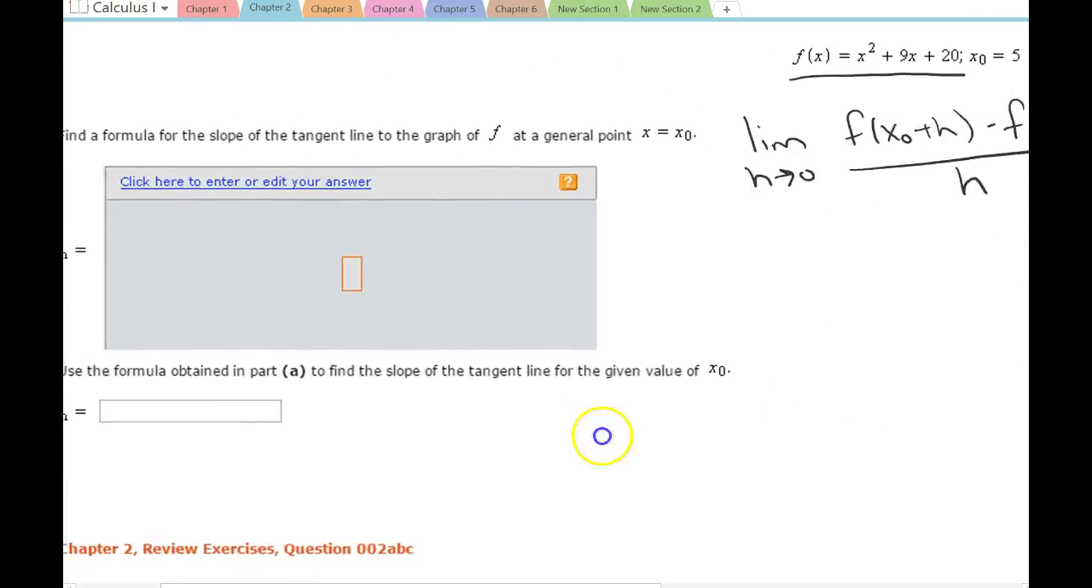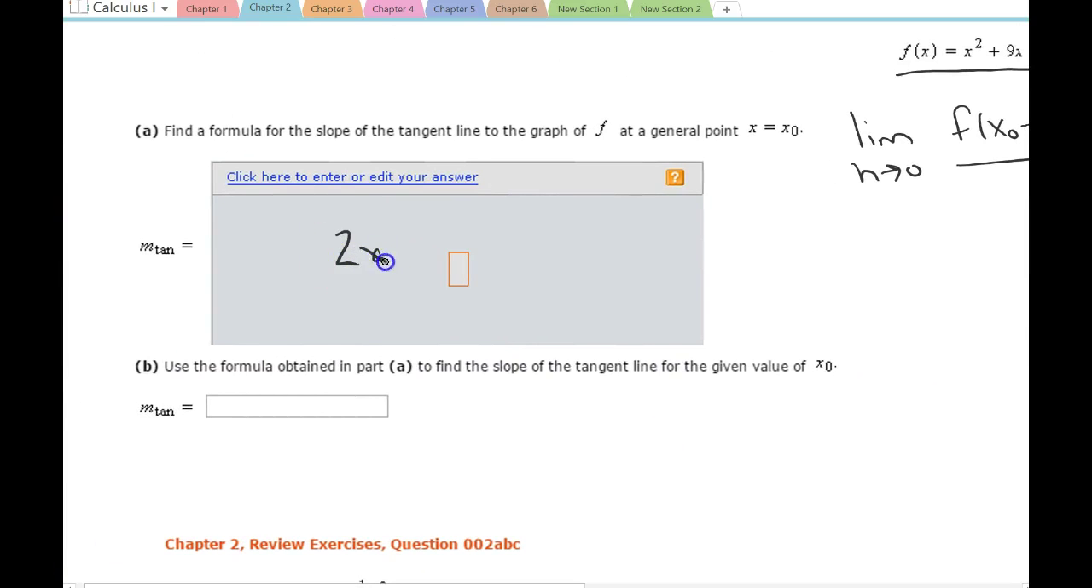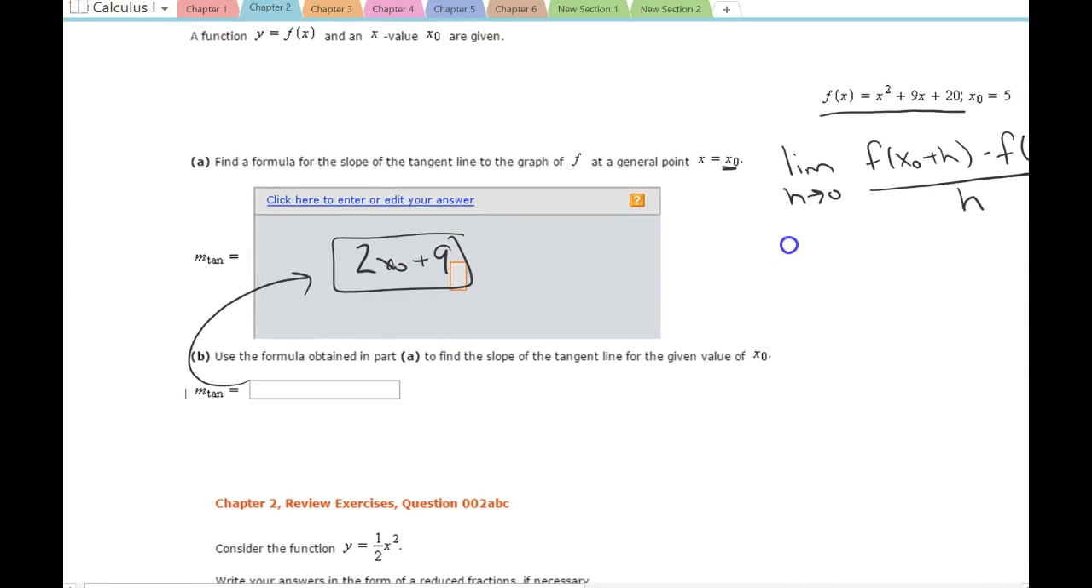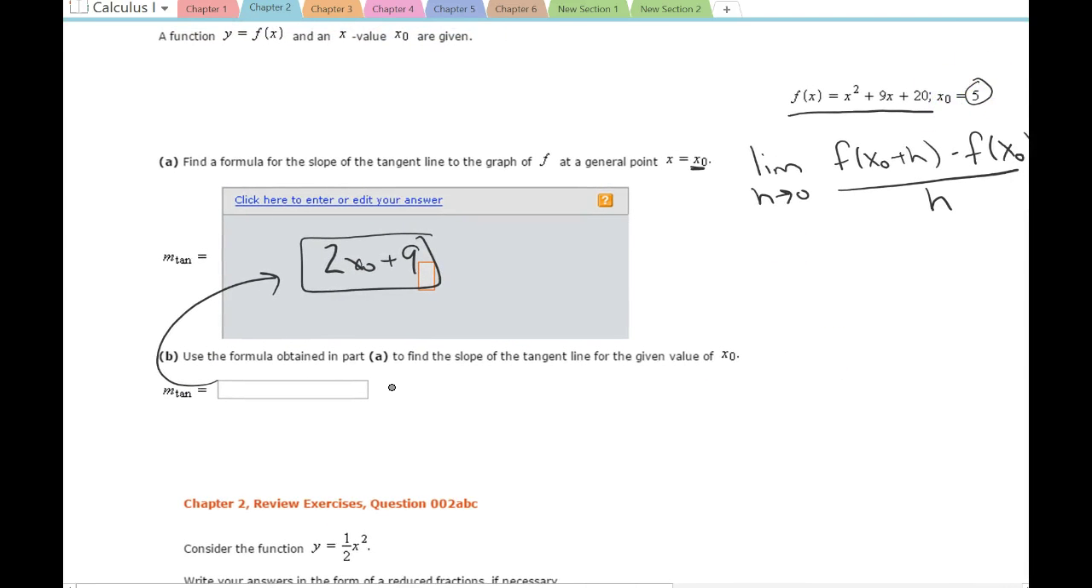So if I was to enter this, this would be 2x0 plus 9 as my answer at a general x0 point. And then using this equation for part B, I'm plugging in the value of x0. They're asking me, in this place, I plug in 5. So I have 2 times 5 plus 9,